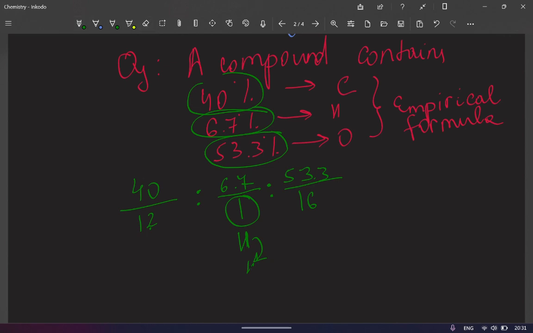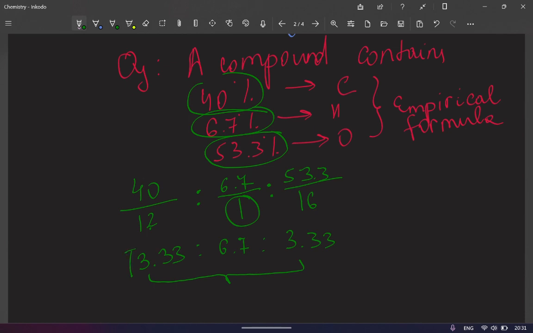So now let's find values. For carbon, 40 divided by 12 is 3.33. For hydrogen, it's 6.7. And for oxygen is 3.33. And now, as I've mentioned before, we need to divide all these three numbers by one number that is